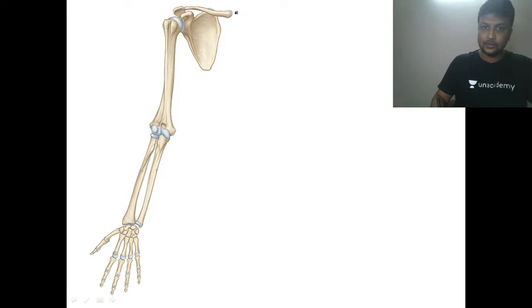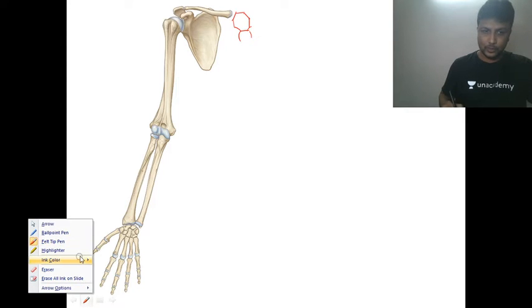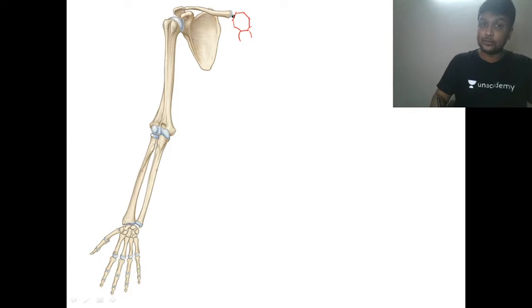Okay. So now in this diagram you can clearly see that this is the clavicle, guys, and the clavicle will be joining here with the sternum on the medial side, the manubrium of the sternum. So obviously, what will be the name of this joint here? This will be the sternoclavicular joint. So let me do one thing here. First of all, let me write down the names of all these joints. So what is the joint here? This one will be the